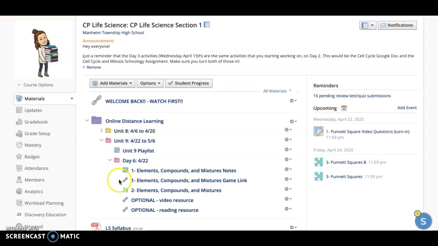There is a game to go along with those notes, so it's not like looking through a PowerPoint or anything. There's a game that you're going to go through and fill out the notes so you can learn about those three things. Then you're going to do your assessment, the elements, compounds, and mixtures assessment. This is graded, and it's based off of what you did in number 1. So you want to make sure you do this so that you can get a good grade